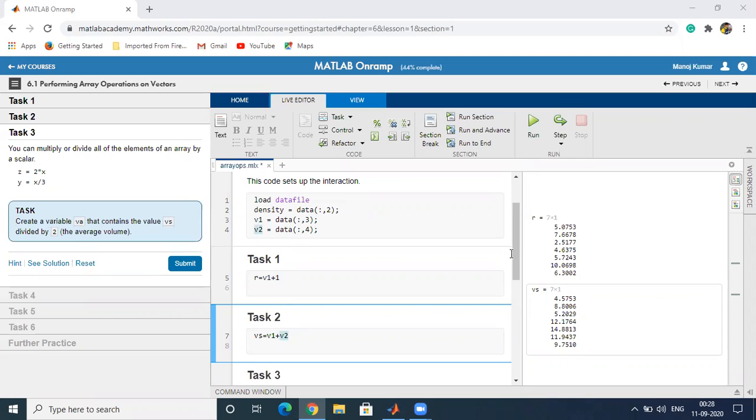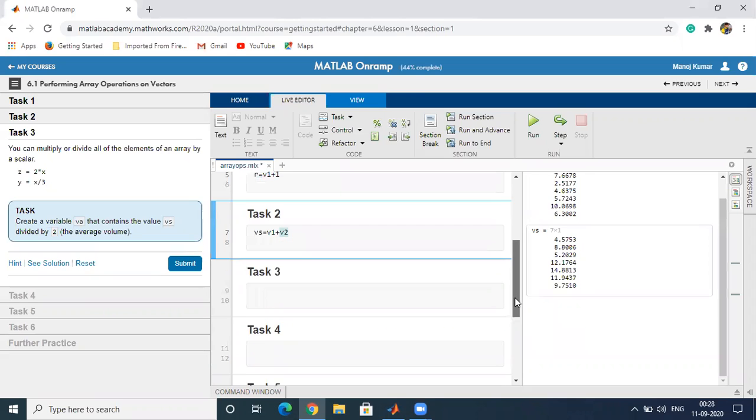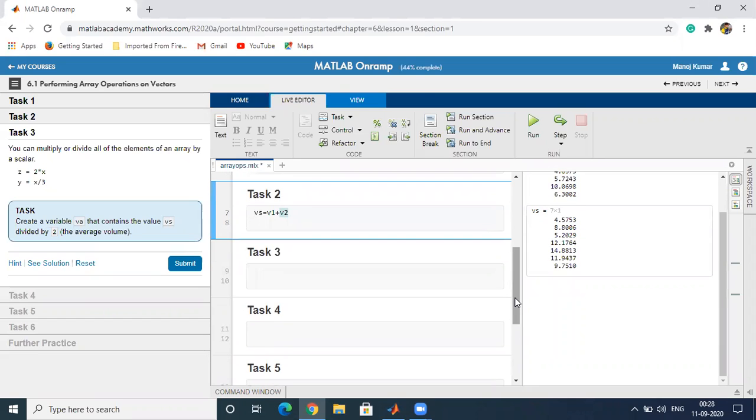Task 3 is to create a variable va that contains the value vs divided by 2, the average volume. This means for the vector vs, we add all the components and divide by 2.